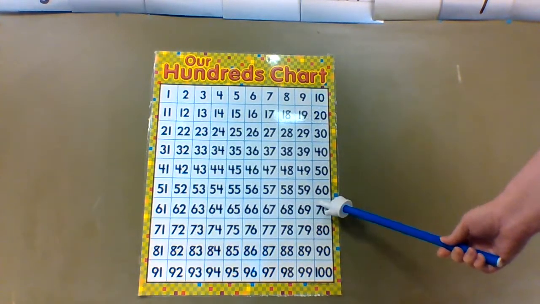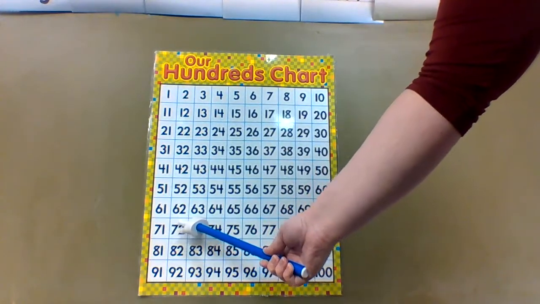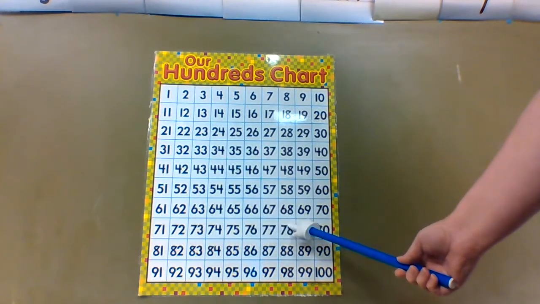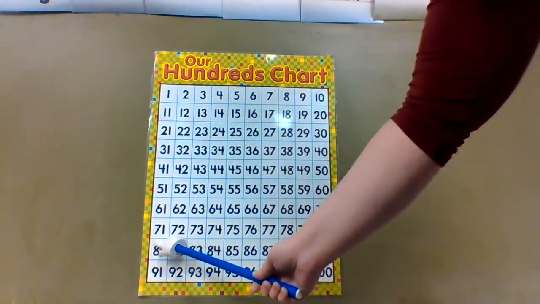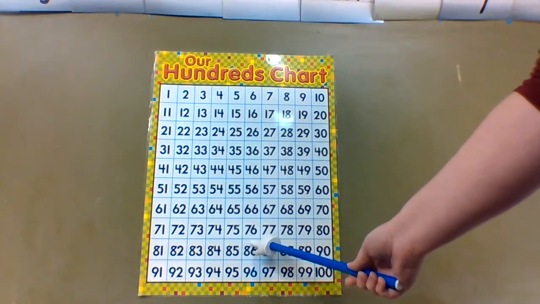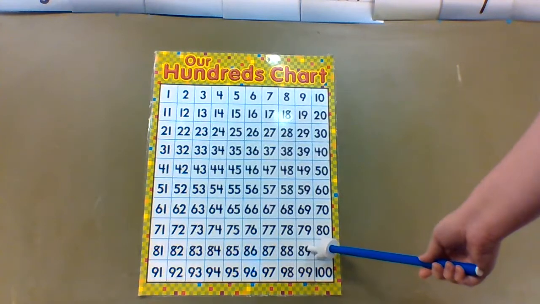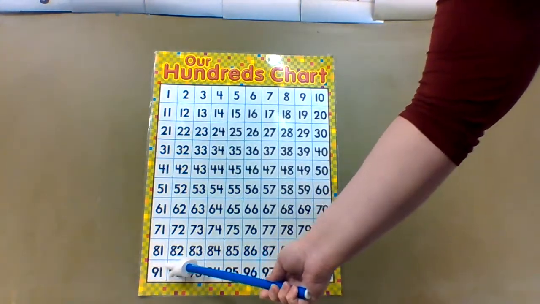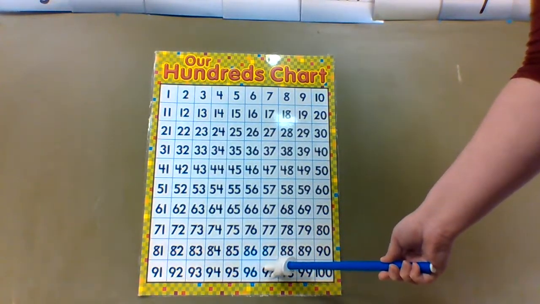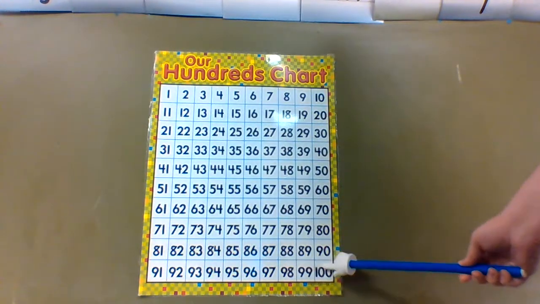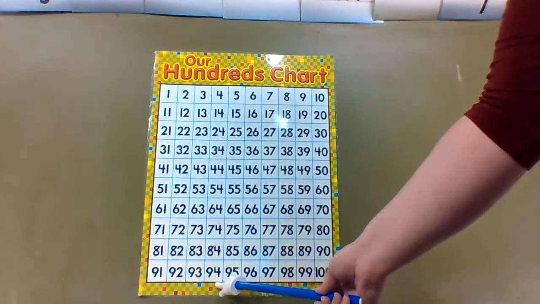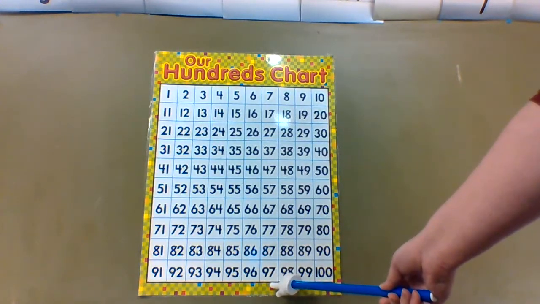58, 59, 60, 61, 62, 63, 64, 65, 66, 67, 68, 69, 70, 71, 72, 73, 74, 75, 76, 77, 78, 79, 80, 81, 82, 83, 84, 85, 86, 87, 88, 89, 90, 91, 92, 93, 94, 95, 96, 97,